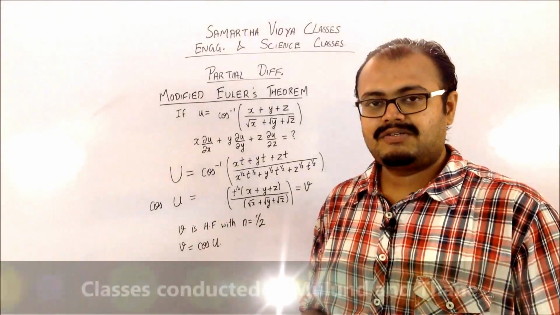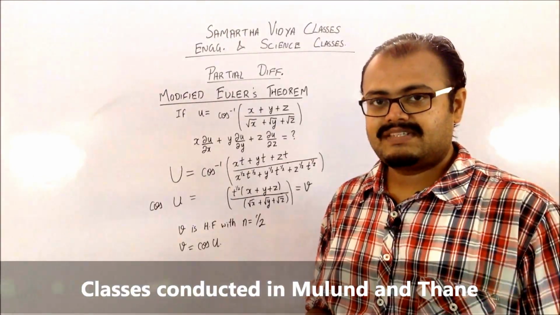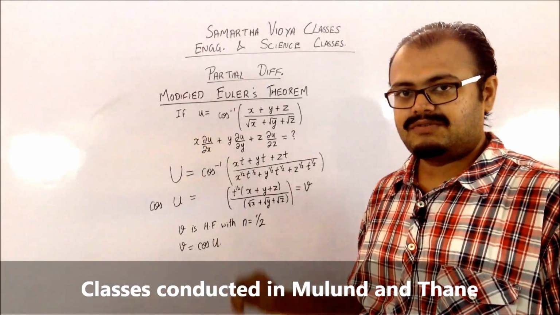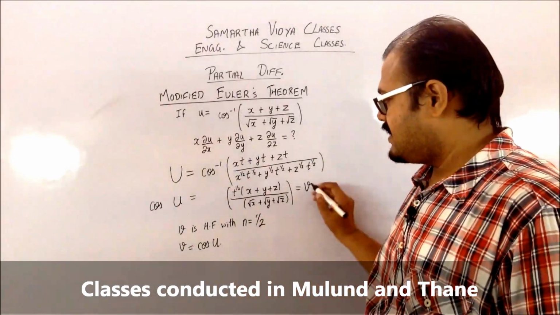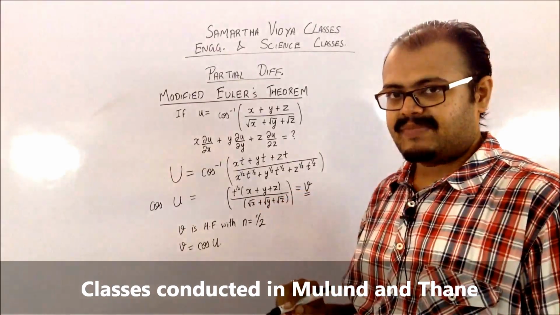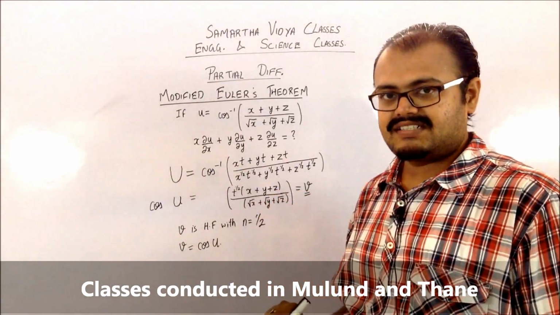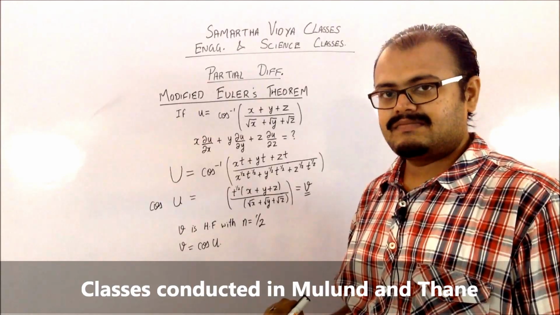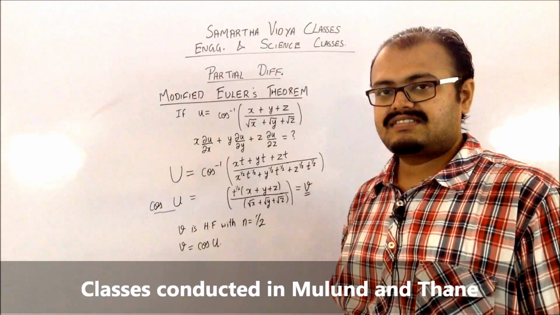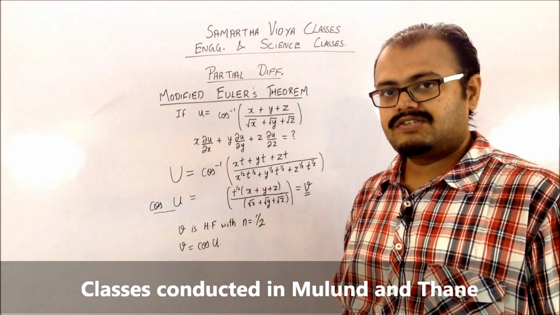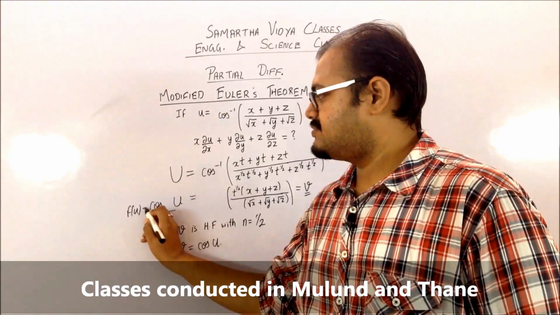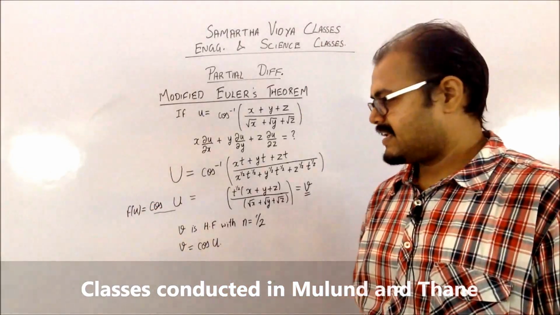So now coming to your modified Euler's theorem, since it comprises 3 variables over here, you have to re-understand it in this way. My v is a function of x, y and z, which is a homogeneous function of degree 1 by 2, and it is also a function of another variable which is u. So you have this function, which is your f of u is equal to this thing.